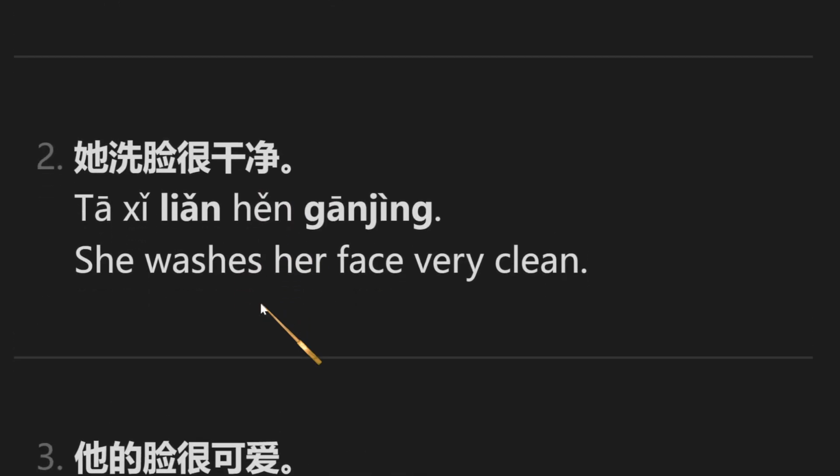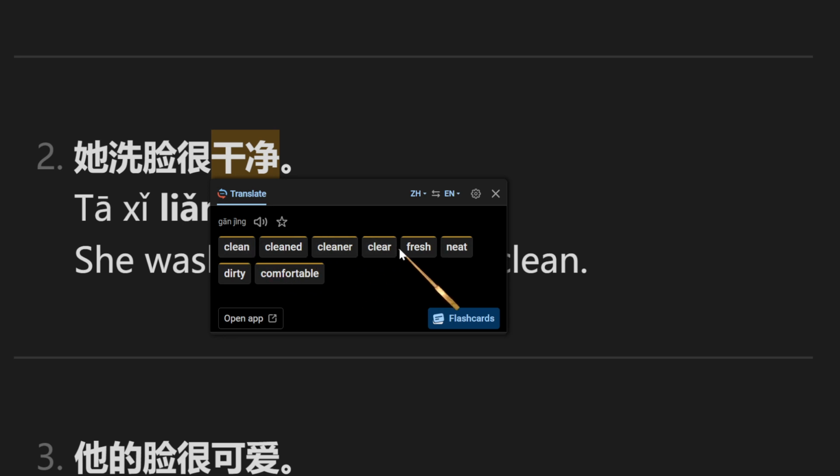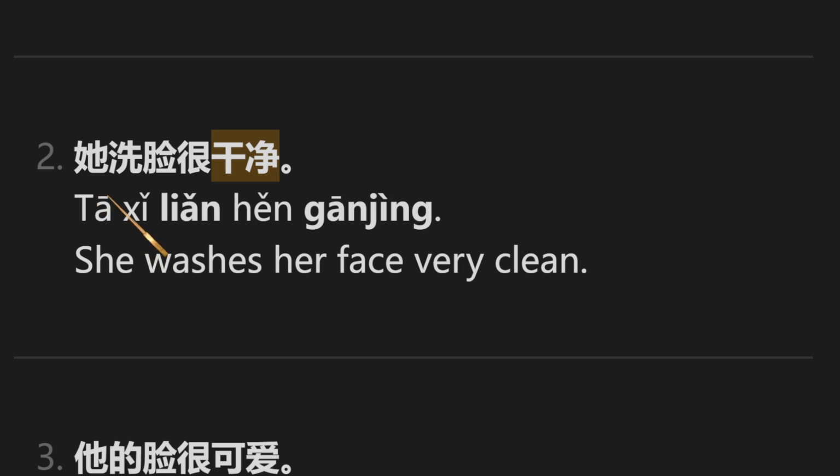her face very clean. 她洗脸很干净。她洗脸 together, 洗脸 to wash face, 洗脸很 is very 干净, clean. 她洗脸很干净。